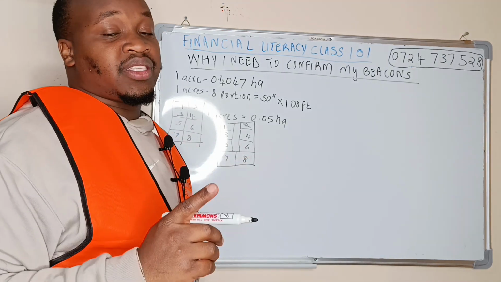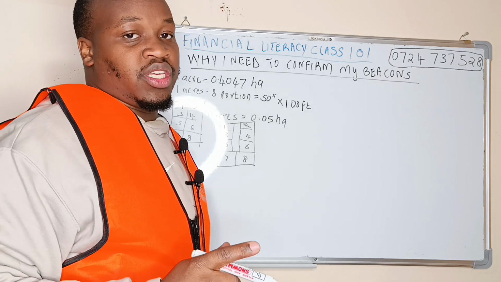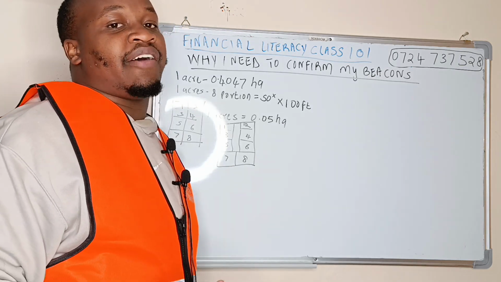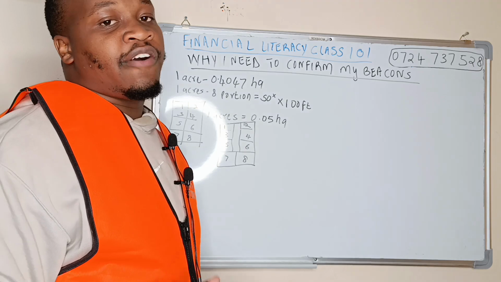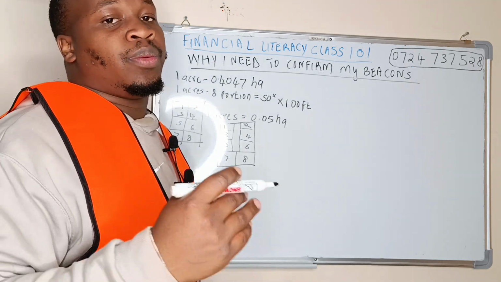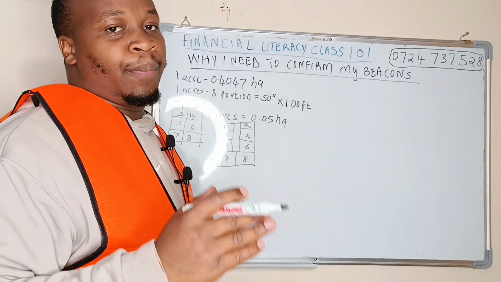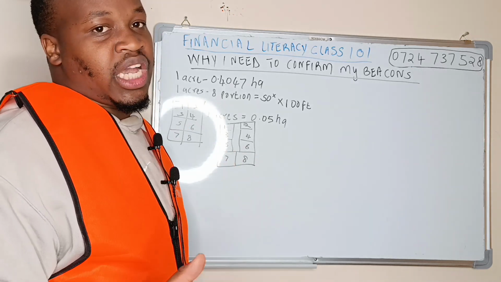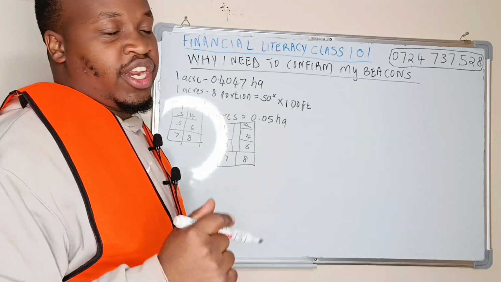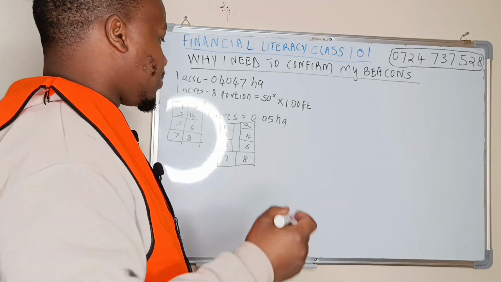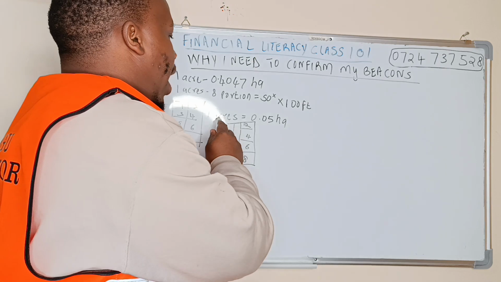So what happens, and it's a scam I'm exposing. Land property sellers normally have like 10 or 5 acres. For this tutorial purpose, we will deal with the case of a land property seller, or a land company, that has 3 acres. So what happens? We say that